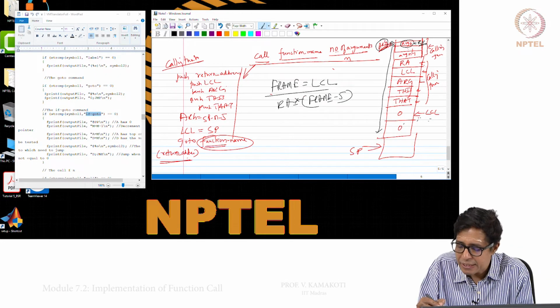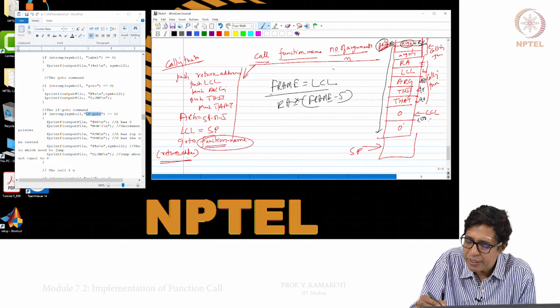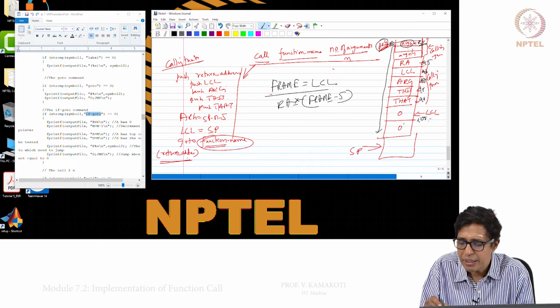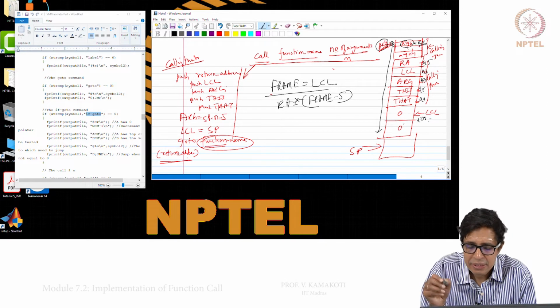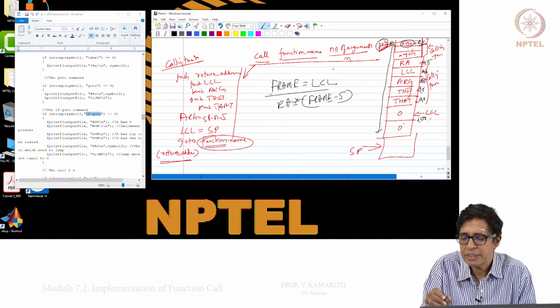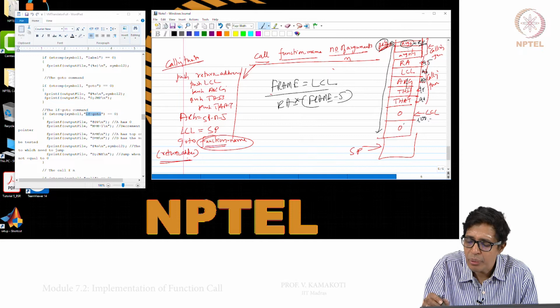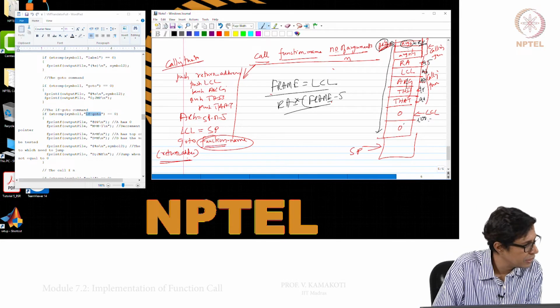So, let me say this is 100. So, this is 99, 98, 97, 96, 95. The return address is always local minus 5, because local starts here and then there are 5. So, local minus 5 will be your return address, right.